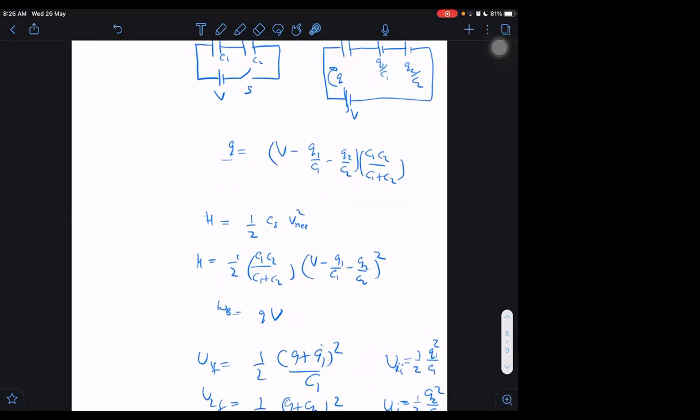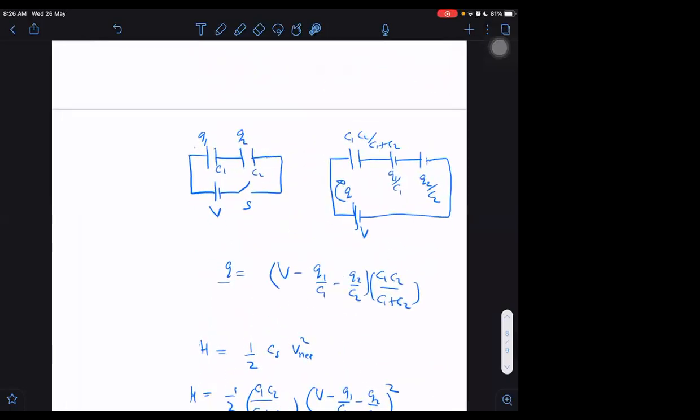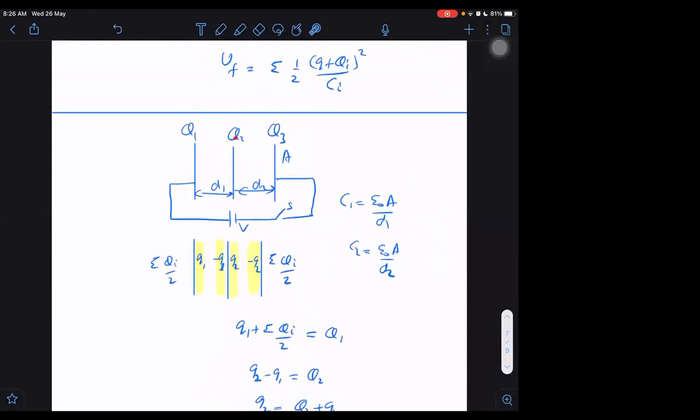Nilkantha, I don't know whether your doubt was clarified in this or not. No, sir, it was different. You said that they are giving initial charges on the plates. I did the same thing only. They have given initial charges to the plate and they asked potential, so they have given capacitance not connected to that. Then it is much easier.